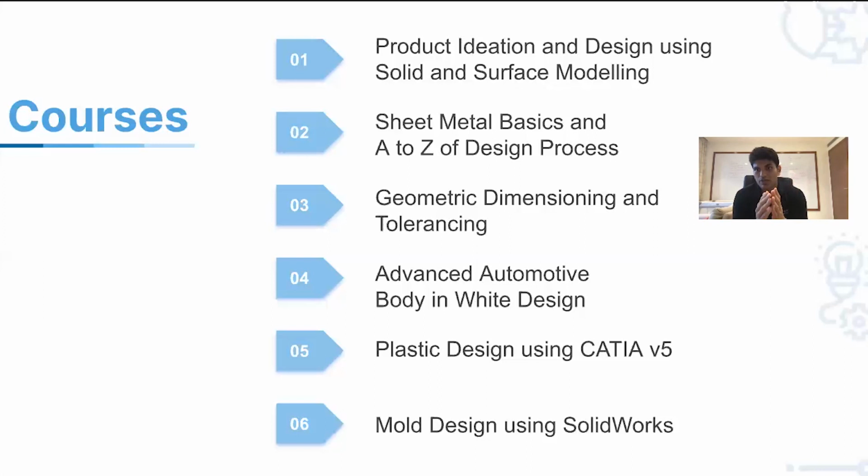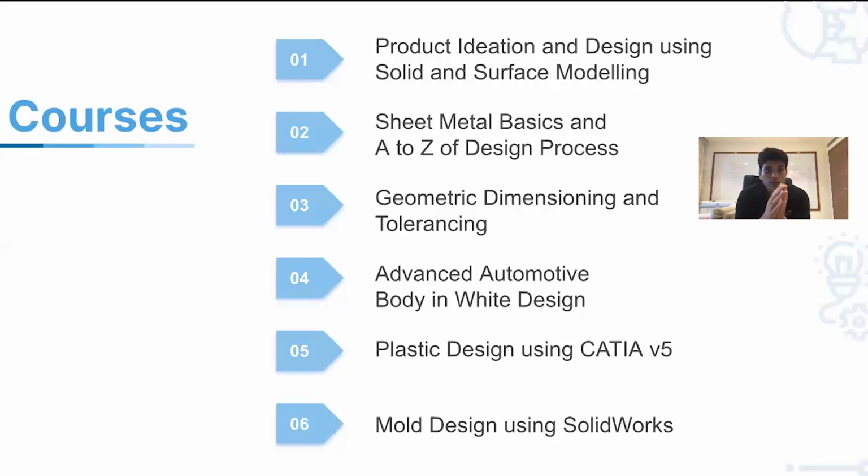So the first course, solid and surface. The second course, introduction to sheet metal. Then you will learn about GD&T. Then comes your advanced automotive body in white design. Here is where you learn the application of sheet metal in automotive components. You would have commonly heard BIW design, right? Body in white design. So what is body in white design? Your hood, fender, roof, tailgate, those are body in white components, right? Designing those components is what body in white design is all about, right? So you will learn that as your 4th course.